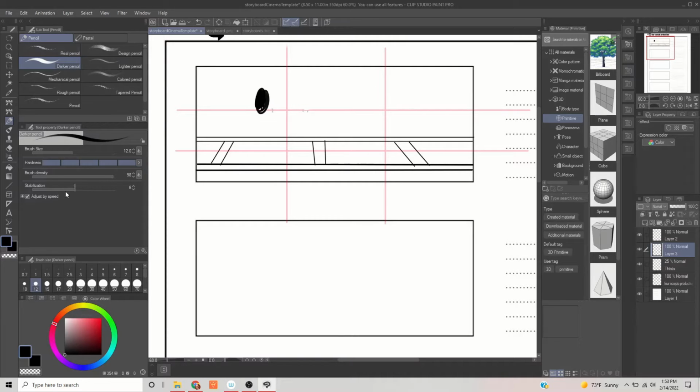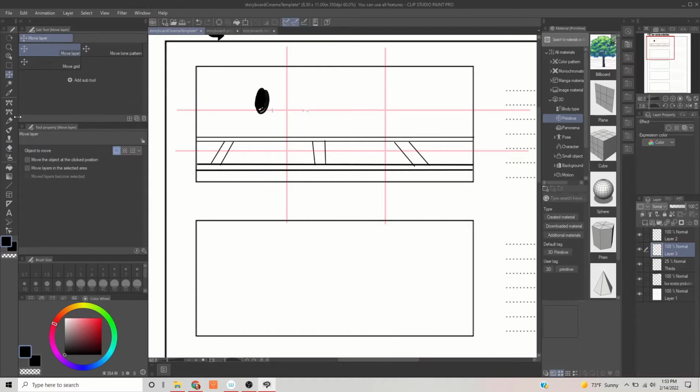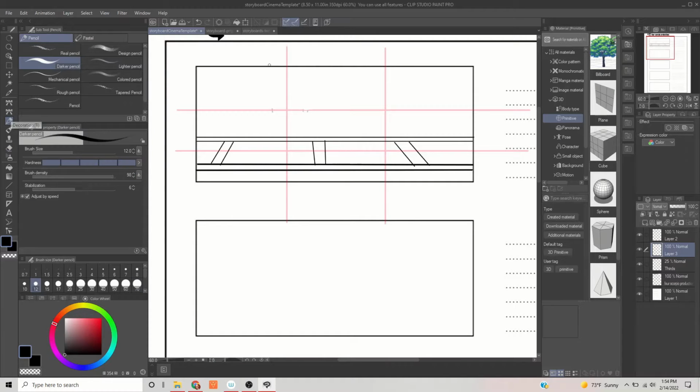I need to bring this person's head up a little bit because they're too close to the camera. This is a wide shot. Remember how we went over shots, right? Wide shot. So, according to the rule of thirds and according to where the horizon would be in this shot,